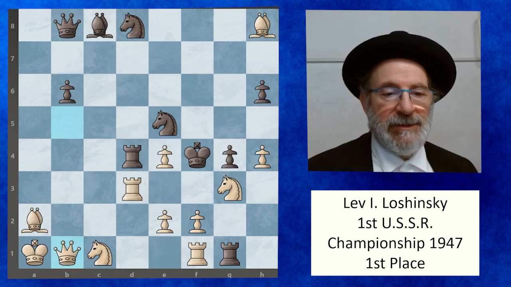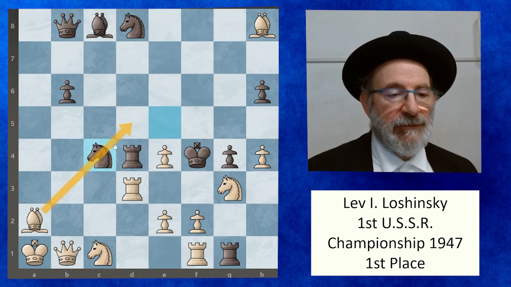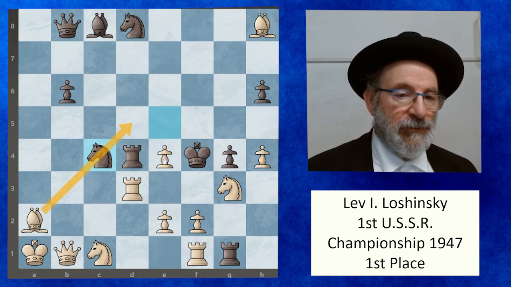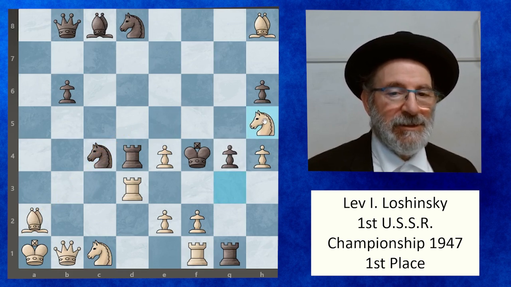Last defense, the knight can go to c4. To c4 it closes the line of the bishop a2 to d5, and then if the king goes to e4, we'll need to control d5. We play like this. In any case, we go on playing knight checks on h5, king goes to e4, but